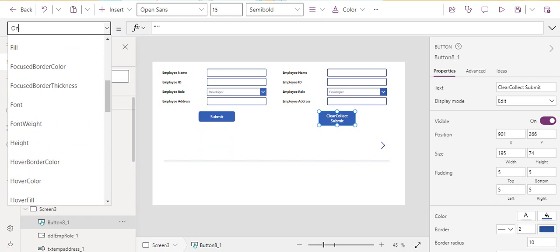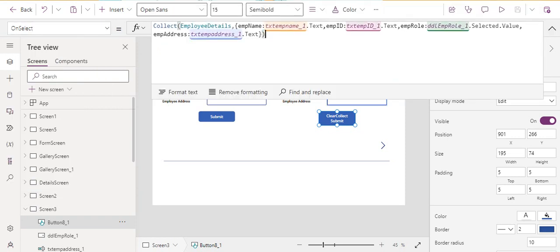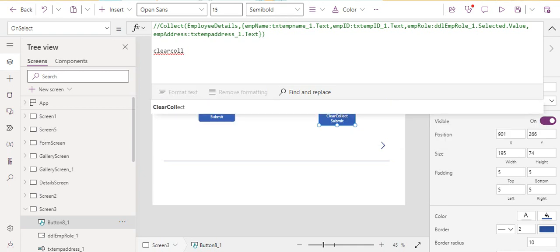Sorry, not OnStart, OnSelect property. So here, what you need to do is write the function name, which is ClearCollect,